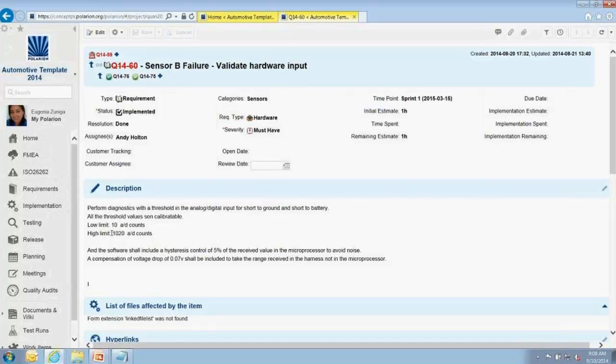And probably I will have to add a voltage drop compensation, because the voltage at the sensor is not the same as what is read at the harness or by the microprocessor itself. That small voltage drop also needs to be taken care of, right? So all that is details. And then, okay, I need to do that.